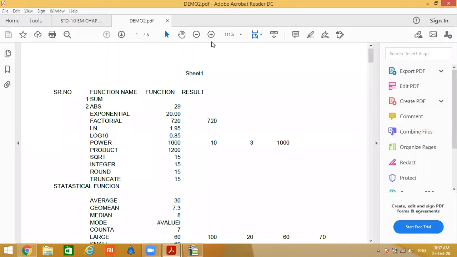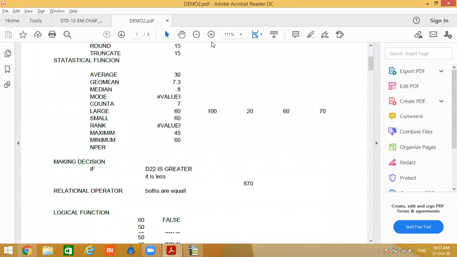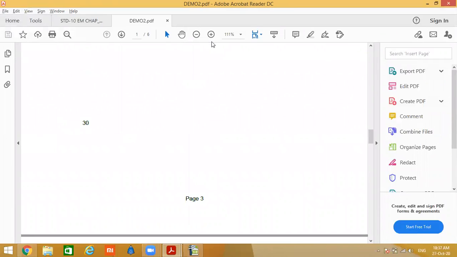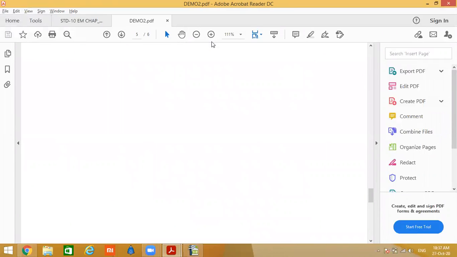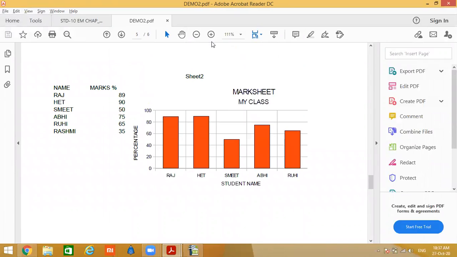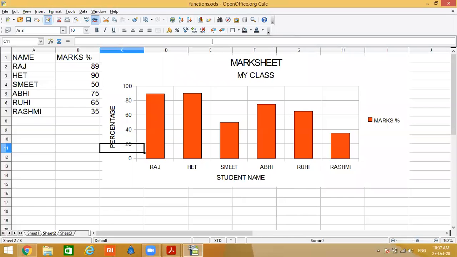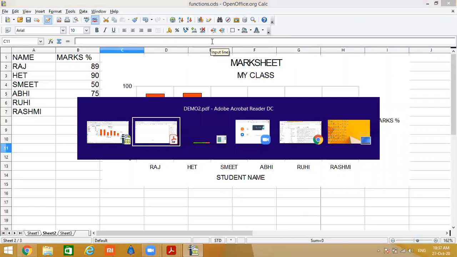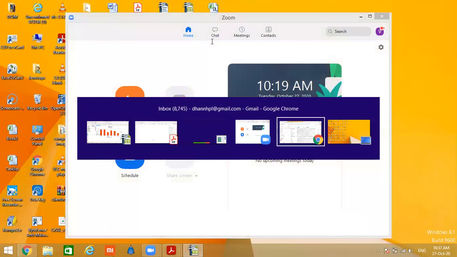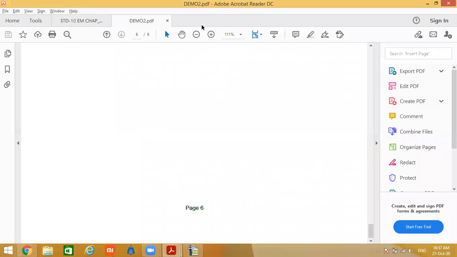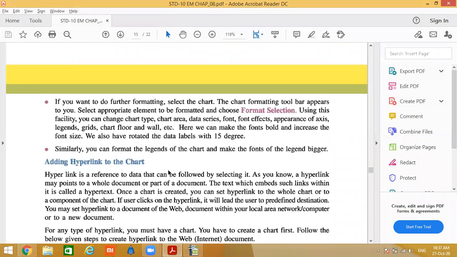Are you getting it? This is saved as a PDF. This is the way we are doing it. Our chart file has become a PDF file. We will close this document.